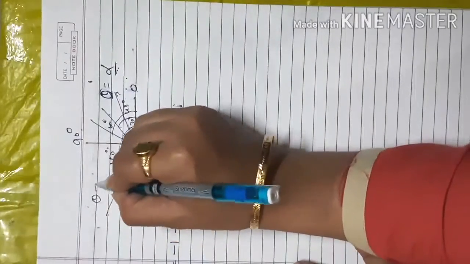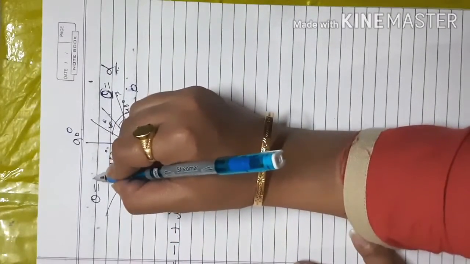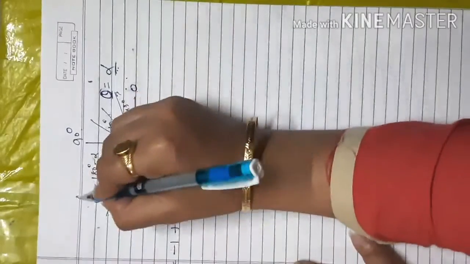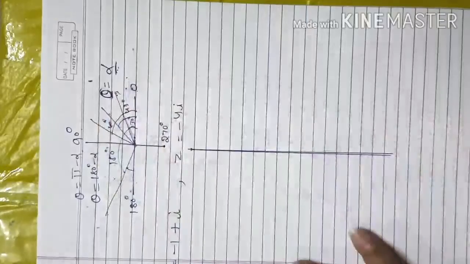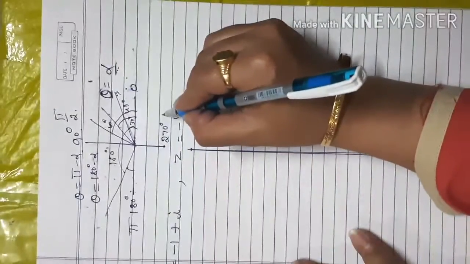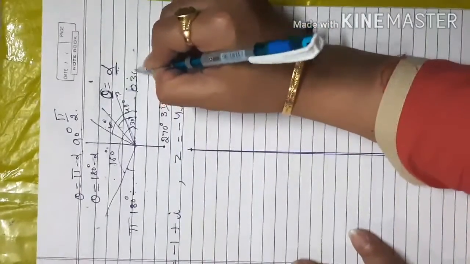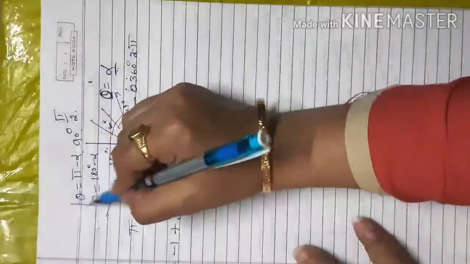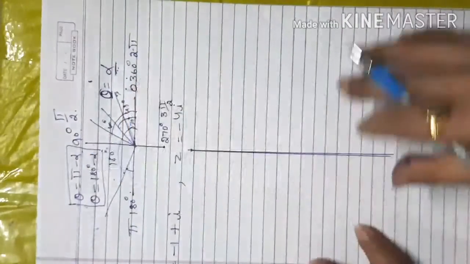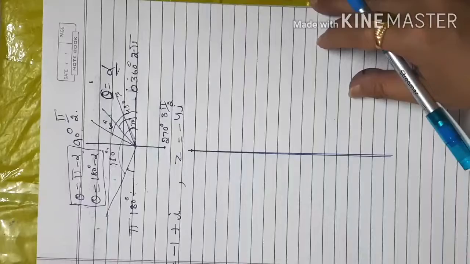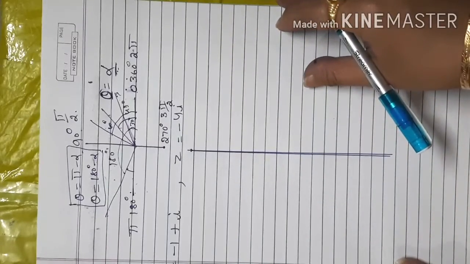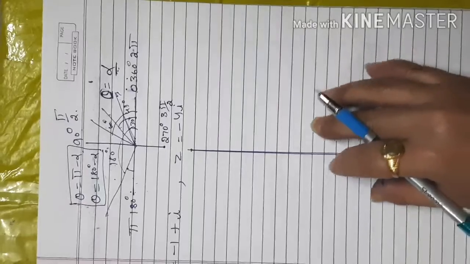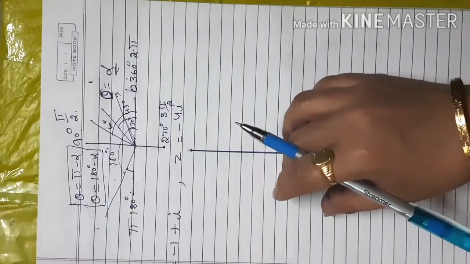But if we move to the second quadrant, our rule is that theta is identified by 180 degree minus alpha, or in radian form pi minus alpha, because 90 degree we also call pi by 2, 180 degree pi, 270 degree 3 pi by 2, and 360 degree we call 2 pi for one complete round. Okay, so this is the second quadrant. In the second quadrant, if we want to find the degree of the particular basic angle like 30 degree, 45 degree and 60 degree, what will be the 45 degree, 60 degree value in the second quadrant between 90 degree to 180 degree?